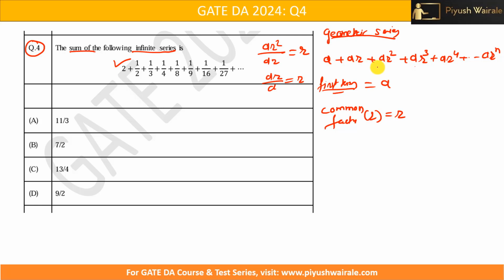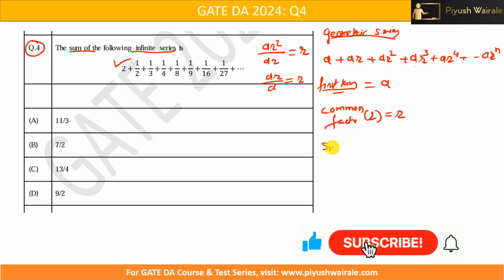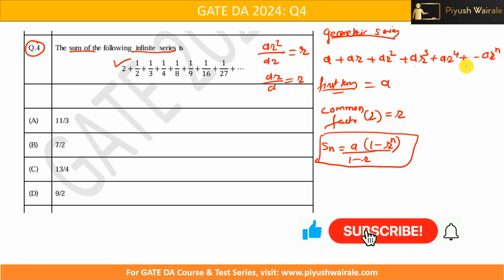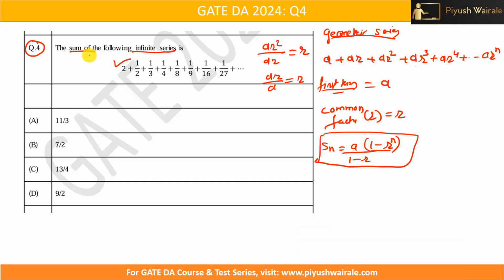Now the summation of this particular series, that is the geometric series, is given by S equals a divided by 1 minus r, into bracket 1 minus r to the power n. So this is the summation of the first n terms of this particular geometric series. Now this is for a fixed number of terms. But what if, in the case of an infinite series, I don't have any fixed number of terms here? In that case, the sum of